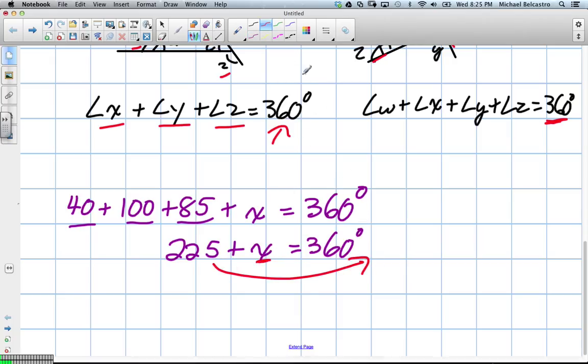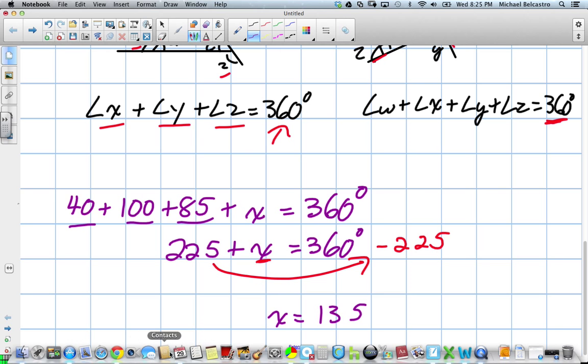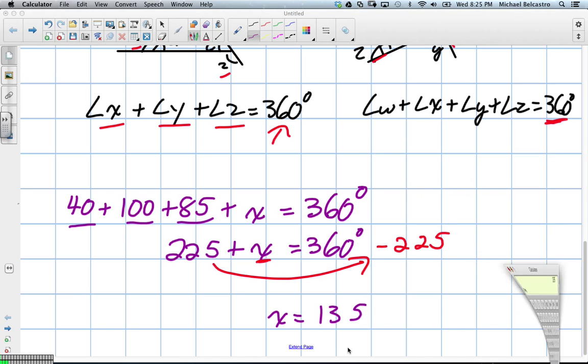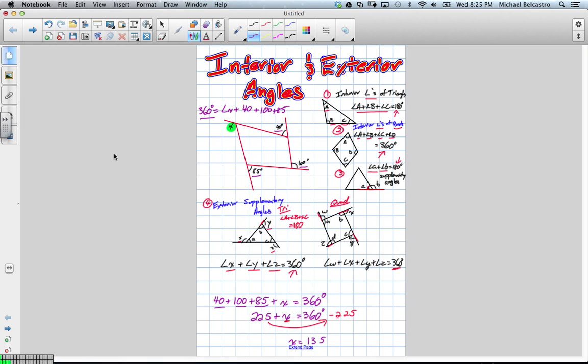When we do that, it becomes what? 360 minus 225. That's right. So our x value is going to be 135, I believe. But we'll take a calculator out just to double check. So we had 100 plus 40 plus 85, which is 225, that's right. 360 subtract 225 is 135. So angle x in this question equaled 135 degrees. We used our exterior angle rules to solve that. Let's see how